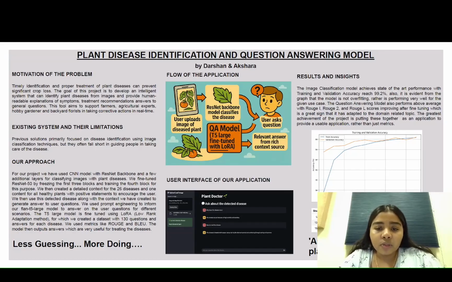Right now there are some tools that can identify plant disease based on images, but they often just give the name of the disease and leave it at that. What is missing is guidance on what to do next, like how to treat the disease or care for the plant. So our project fixes this by not only identifying the disease but also giving you all the info you need